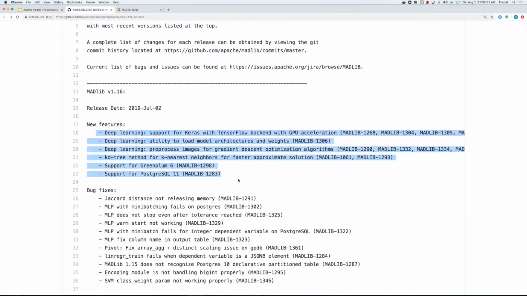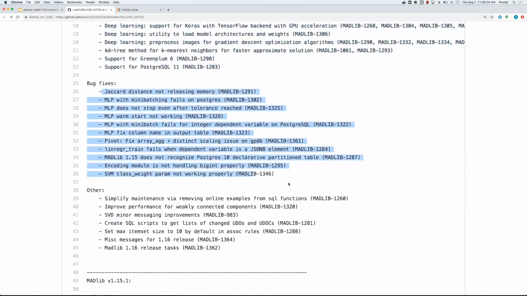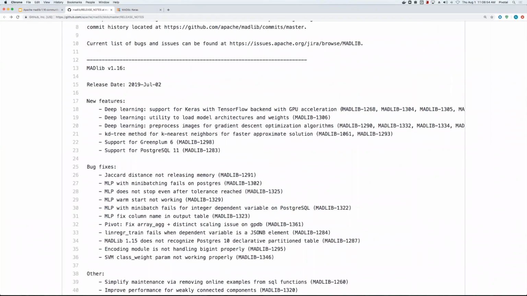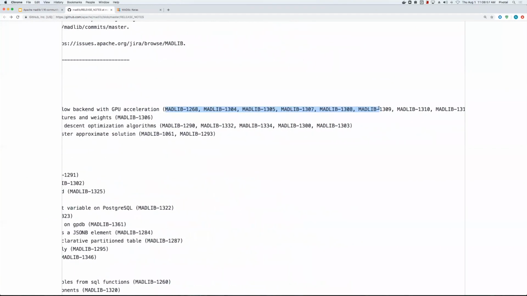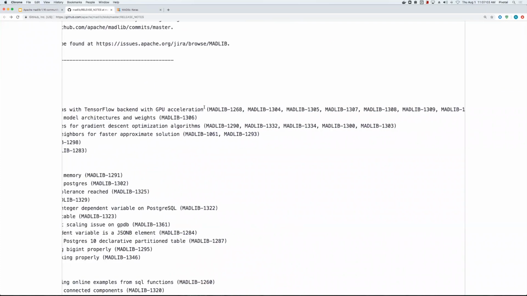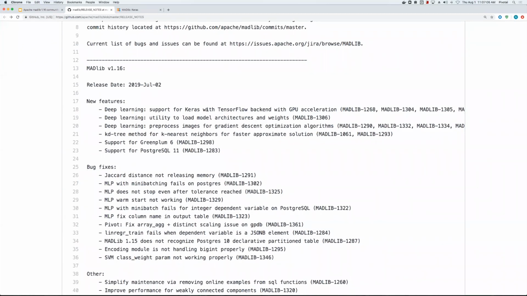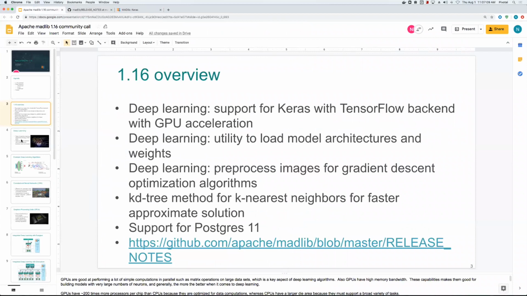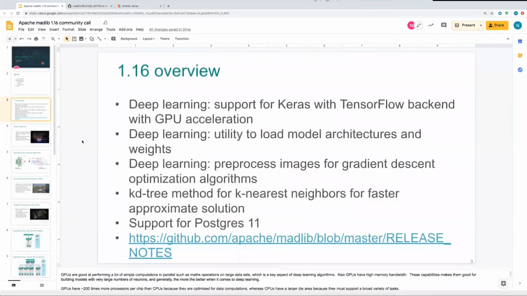These are all the features that we've added in 1.16, and these are some of the bug fixes. As you can see, we've done a bunch of bug fixes for MLP, Pivot, and even SVM. There were also a couple of minor enhancements, and you could go through the details if you go through the JIRAs here. Just know that there are a bunch of JIRAs associated with deep learning, and you'll have to scroll to your right to see all the JIRA lists; these JIRAs should have details of what kind of features went into it. And going back to the presentation here,